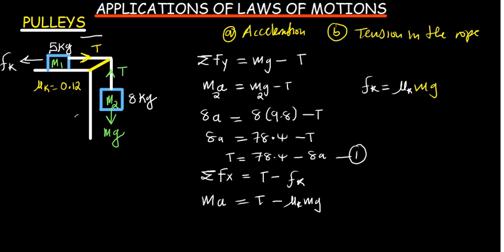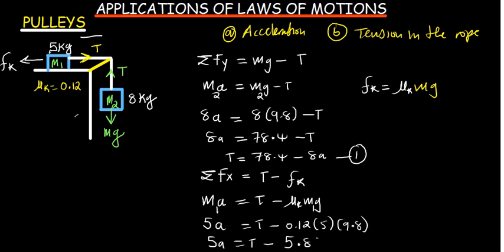So again, I'm going to replace mass. Remember, here we are talking about mass 1, so this will be m1, also m1. So m1 here is 5, multiplied by the acceleration, is going to be equal to tension minus the coefficient of kinetic friction 0.12, mass 1, that's 5, and then g, that's 9.8. So this will give us 5a being equal to tension minus, so we'll multiply 0.12 multiplied by 5 multiplied by 9.8. That is going to give us